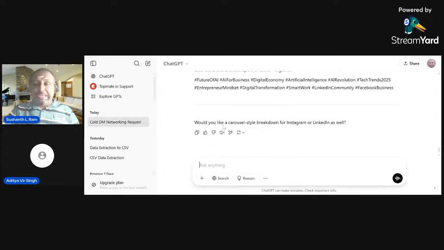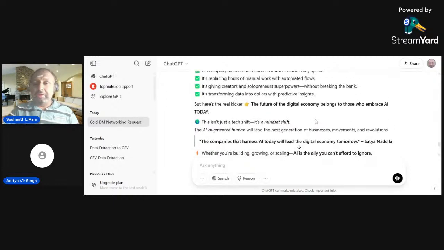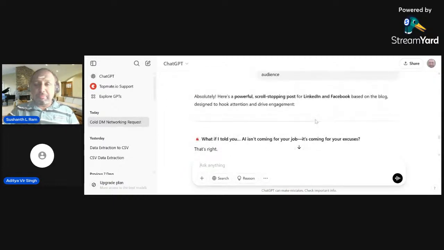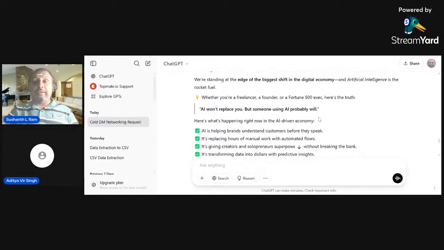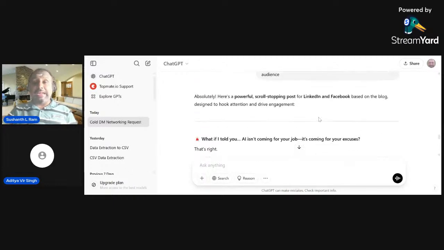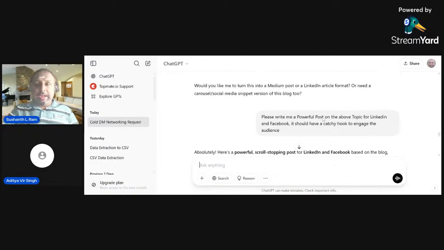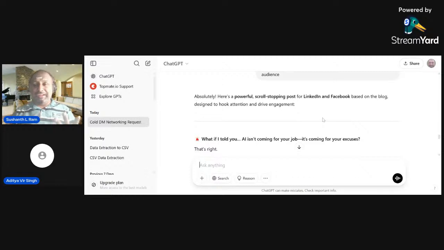See, it has given it. In case you need any new thing, you can regenerate. You can switch the model. You can regenerate things. So this is how powerful it is. You can adapt to your strength, and you can get the best result. Okay, now we have written a post, we have written a blog, we have written a DM.